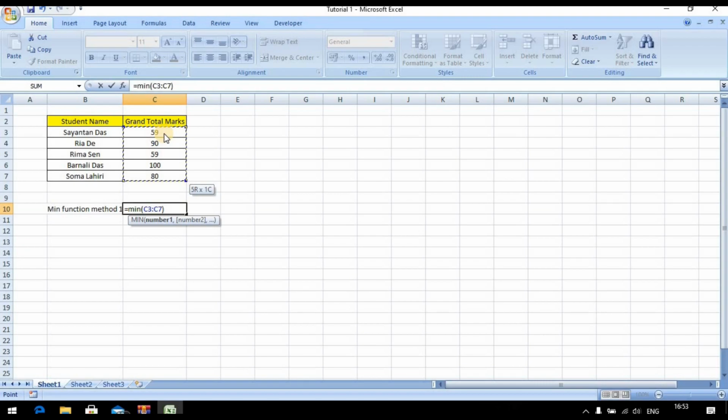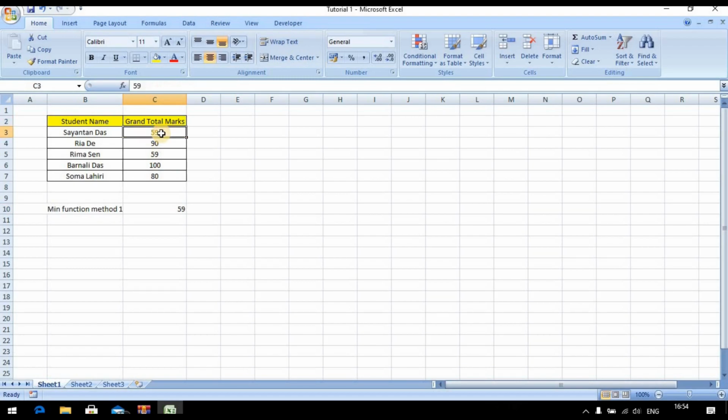Close bracket and enter. Just a moment, it's taking a bit of time. Now we have used the minimum function, and easily found the minimum number, that is 59. So this is method 1.